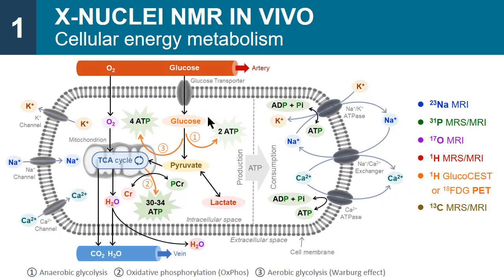So for example, this part of the cell is going to be the production of ATP, and this one is going to show the consumption of ATP, of energy in the cells. Healthy cells in general need some glucose that's going to penetrate the cells through the transporter. It can be synthesized into pyruvate through glycolysis to produce 2 ATP molecules. And in presence of oxygen, the pyruvate is going to penetrate the mitochondria to go to the Krebs cycle to produce a lot of ATP, about 30 to 34 ATP. So it's a very efficient mechanism to produce ATP from glucose and oxygen.